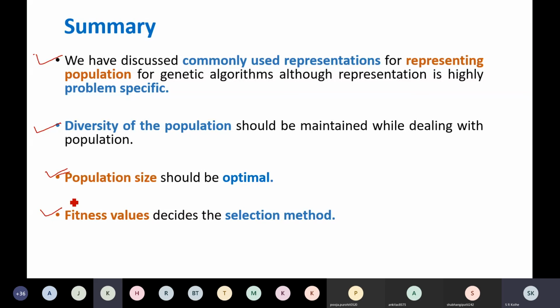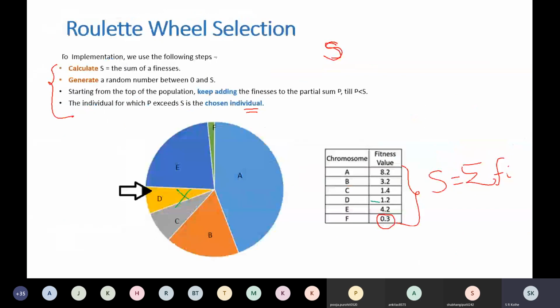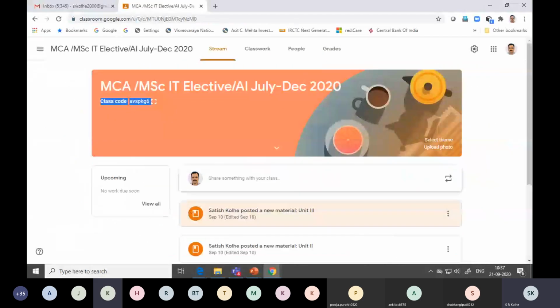And one more instruction. Your first internal test for our subject artificial intelligence will be of MCQ nature, multiple choice questions, and we will conduct that on Google Classroom. So all of you make sure that you have joined that Google Classroom. The newly created Google Classroom's homepage is something like this. Make sure that you have joined this classroom.